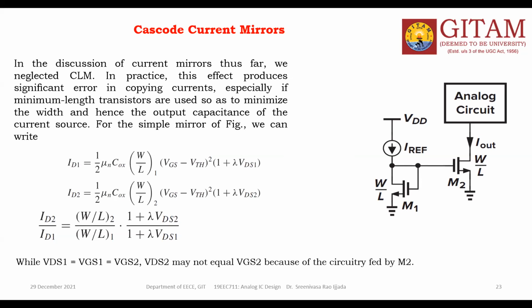Remember? Yes, that concept we used. Now, generally we cannot always neglect the channel modulation, because now it is a trend of short channel devices. We are using short channel devices instead of long channel devices. That was long back, two decades before. Now everything is short channel, because of size and portability. Why is the transistor size required to be small, even though a lot of issues are coming?